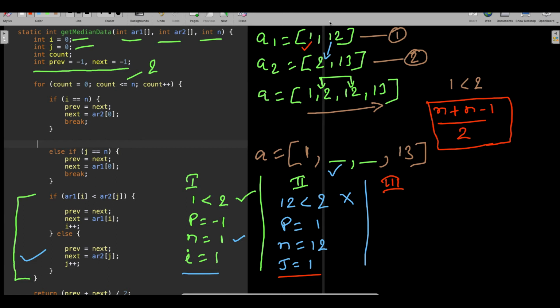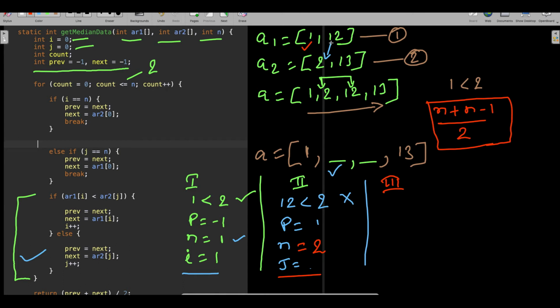So actually this data, the 2 also got processed, right? So one thing guys, I made a mistake here. If you look carefully, I have written array 2 of j, right? So one thing I did wrong here. Let me correct my mistake. It should be 2. Okay, it should be 2 here. Next should be 2 guys.